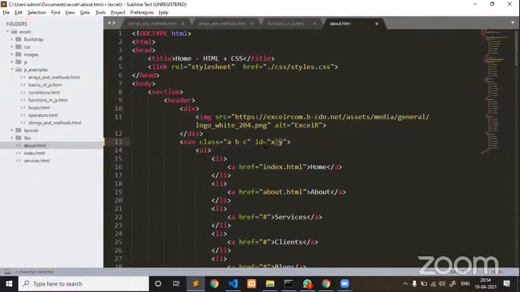Someone is asking, are lambda expressions, arrow functions, the same as lambda functions in Java? Yes, of course, both of them are the same. What is a class in JavaScript? Wait for some more time. I'm going to explain object-oriented JavaScript also. Then you will get to know what a class in JavaScript is.